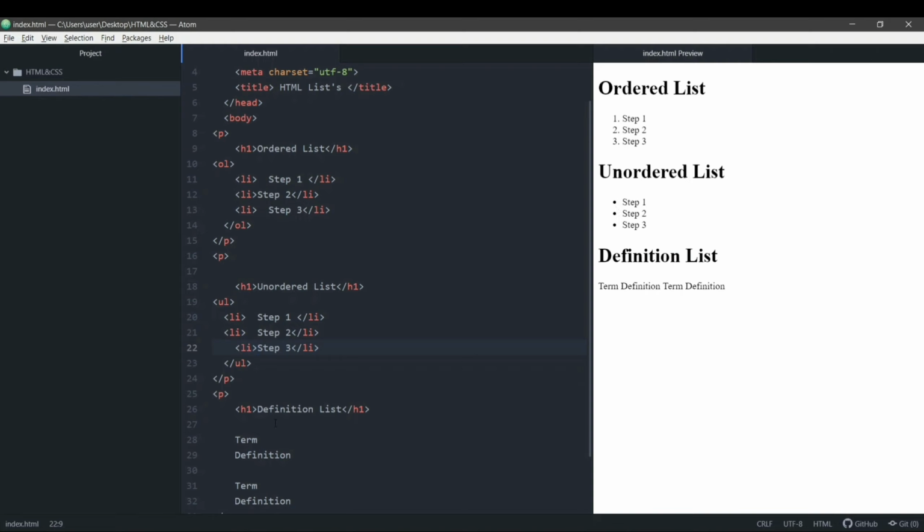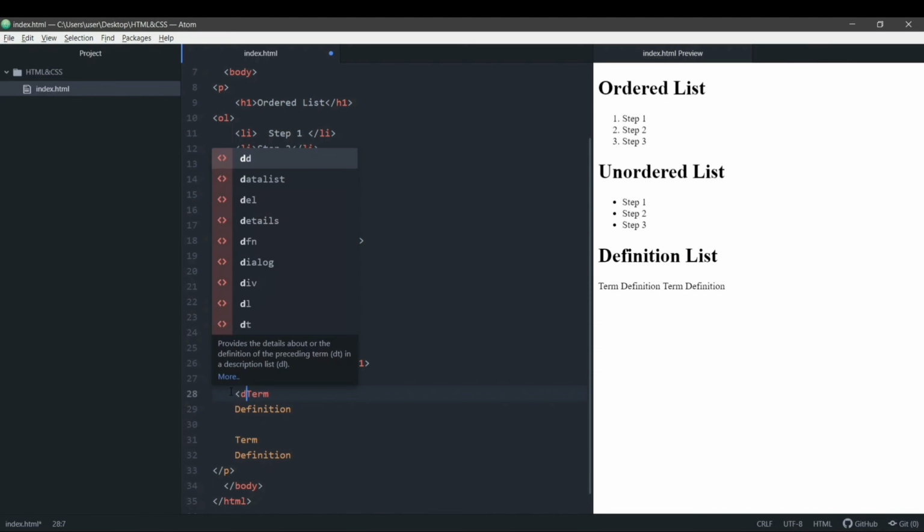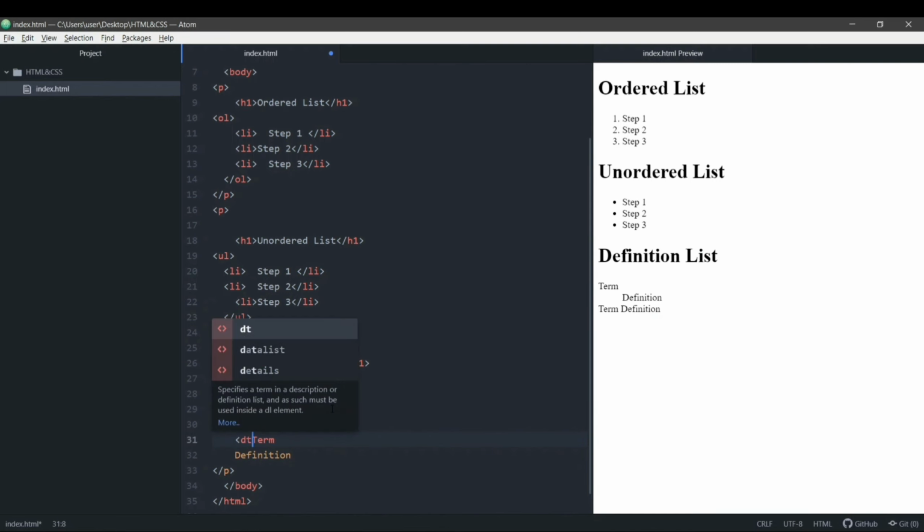And the last part we have is the definition list. It has two terms. The first one is DT. So for the term we use the DT tag. We close it here. And for the definition part we're going to use another tag, that is DD. That is the definition part. And we'll close this DD tag here. And here we'll add the DT tag again because we have another term.